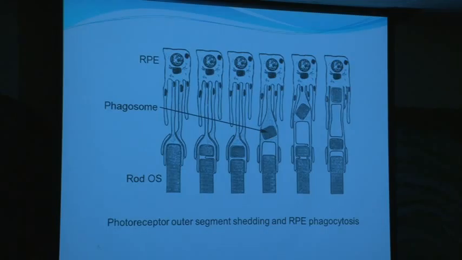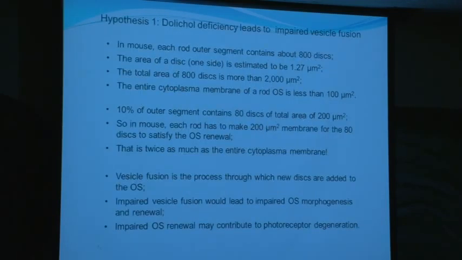So basically, a rod needs to make 10% of the outer segment every day, and it's gone. You have to make it anew. Cannot recycle. It has to make this much membrane area, equivalent to twice as much as the cytoplasm,